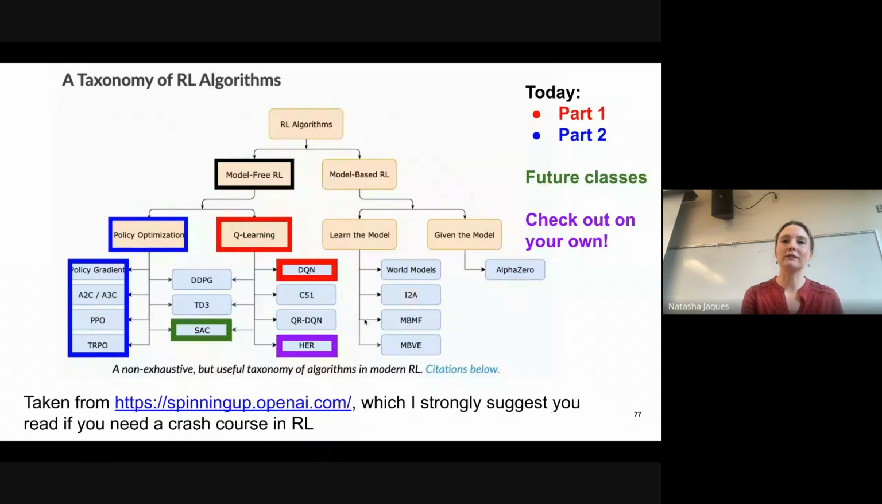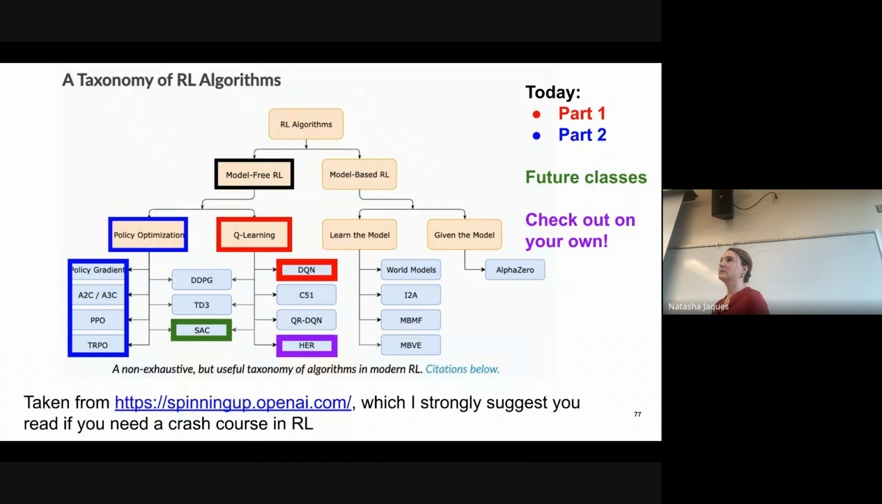RL algorithms broadly fall into this taxonomy, which is also from Spinning Up, by the way. There's model-based RL, which I'm not going to cover a lot of in the course, but feel free to do that for your projects. And then there's model-free RL, which is what I'm going to focus on. And that broadly falls into two categories, which is on-policy learning, which I'll talk about second, and Q learning, which